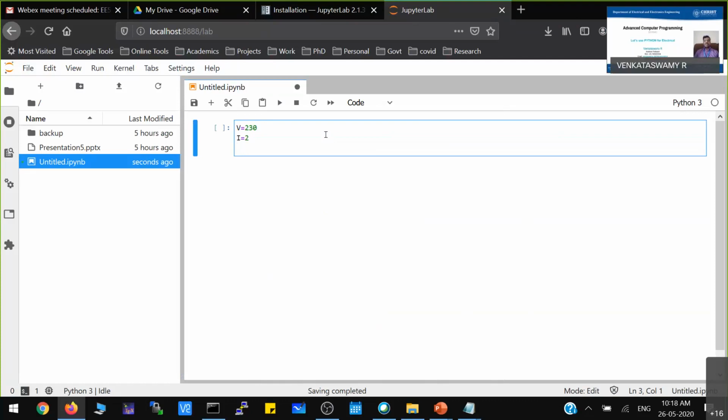Then I want to find the resistance. As Amruta said, V is equal to IR, so resistance is equal to V by I. Is this correct now?